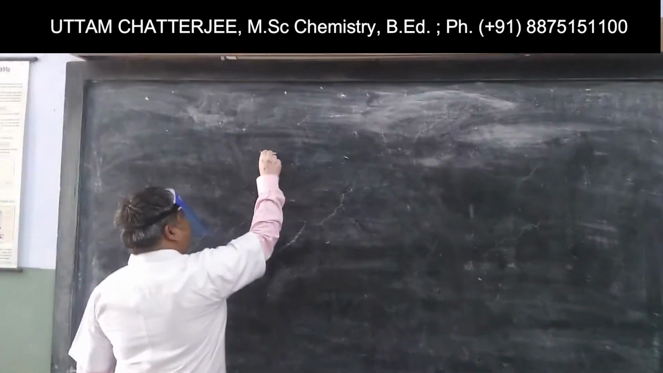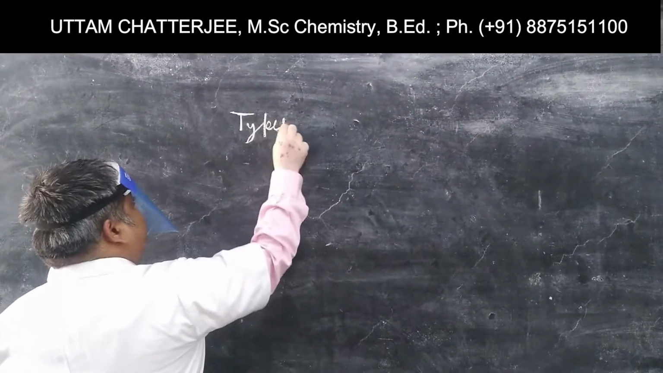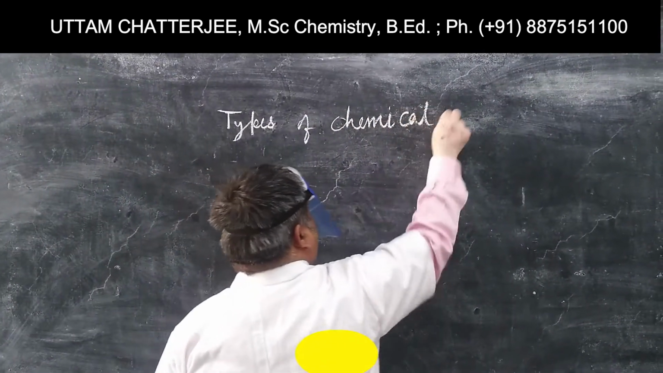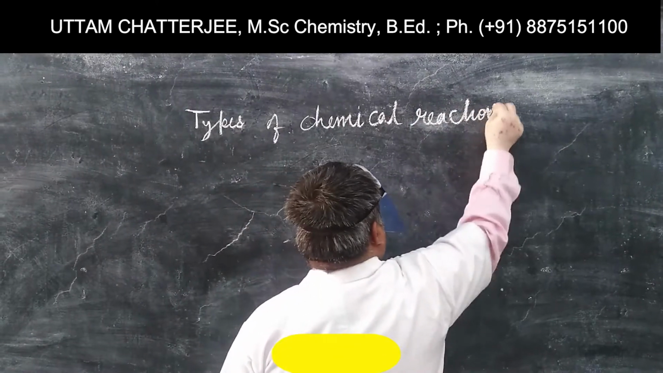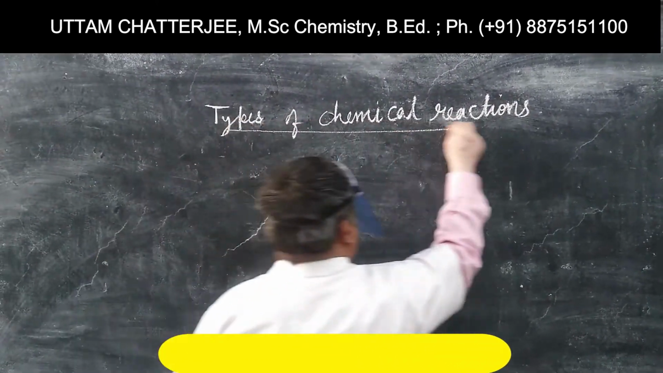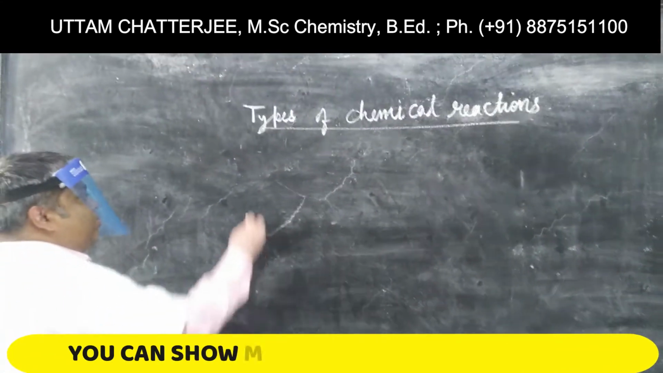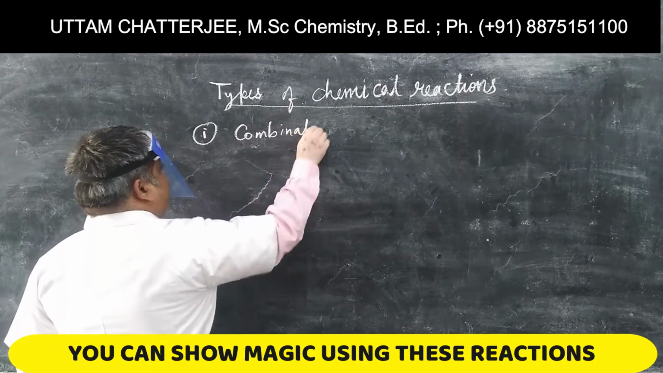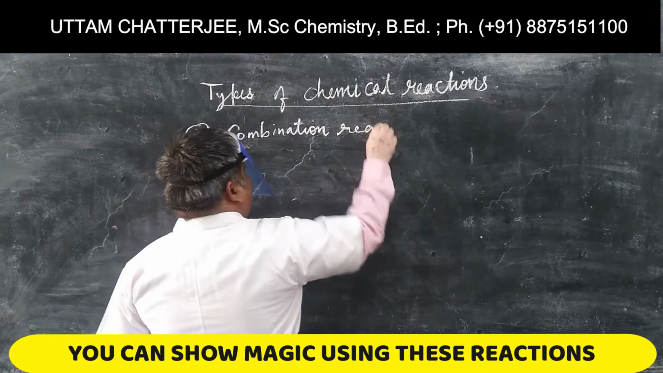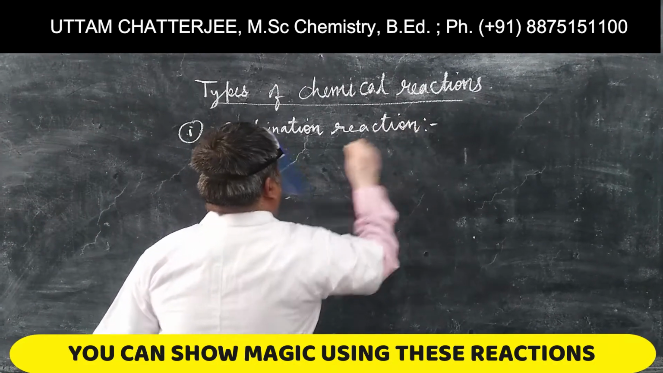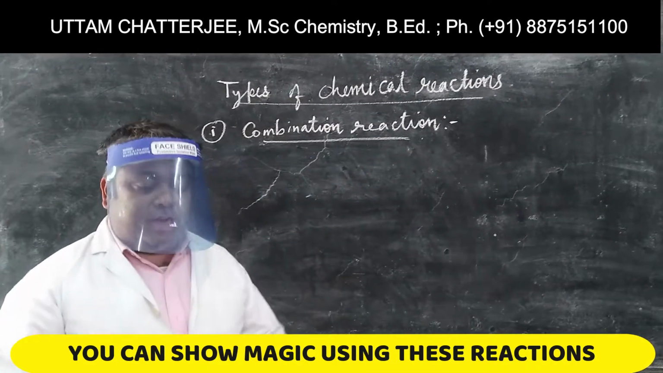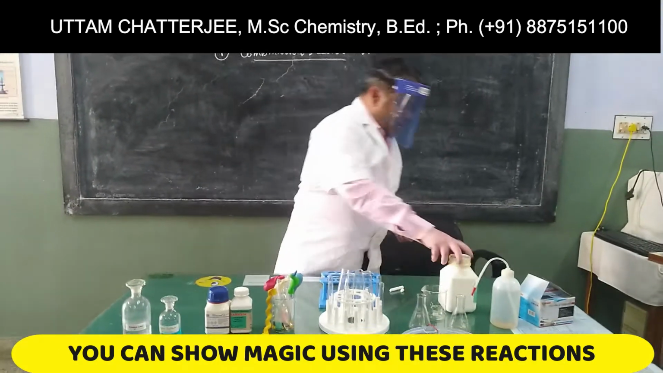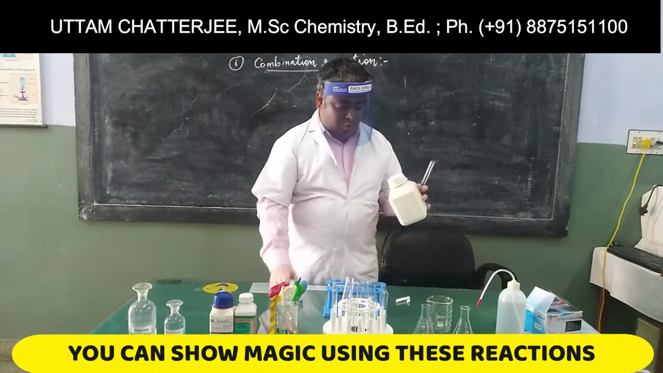With these types of chemical reactions, you can show magic to others. The first and the easiest chemical reaction is combination reaction. Now don't worry, I will not ask you to write down anything in your notebook because this is something very practical to be learned. I am taking out calcium oxide or quicklime